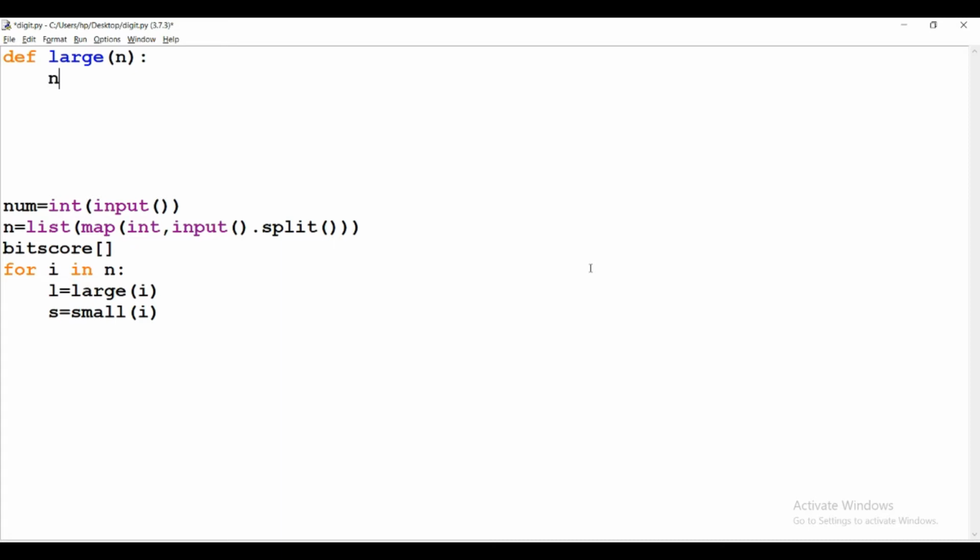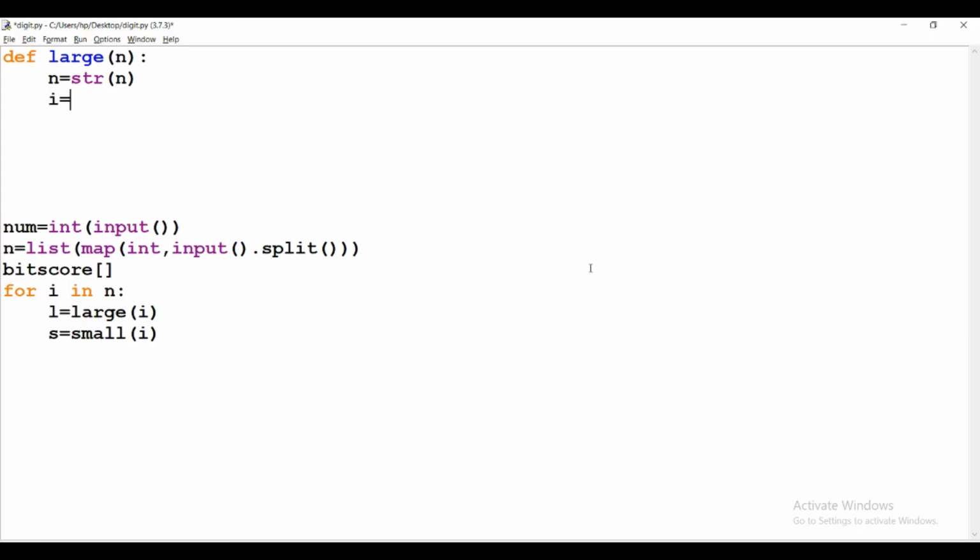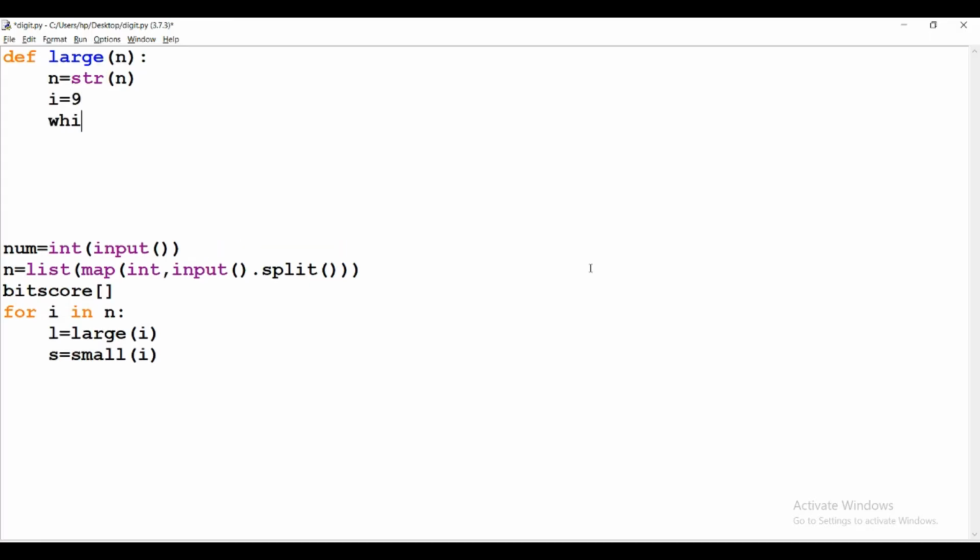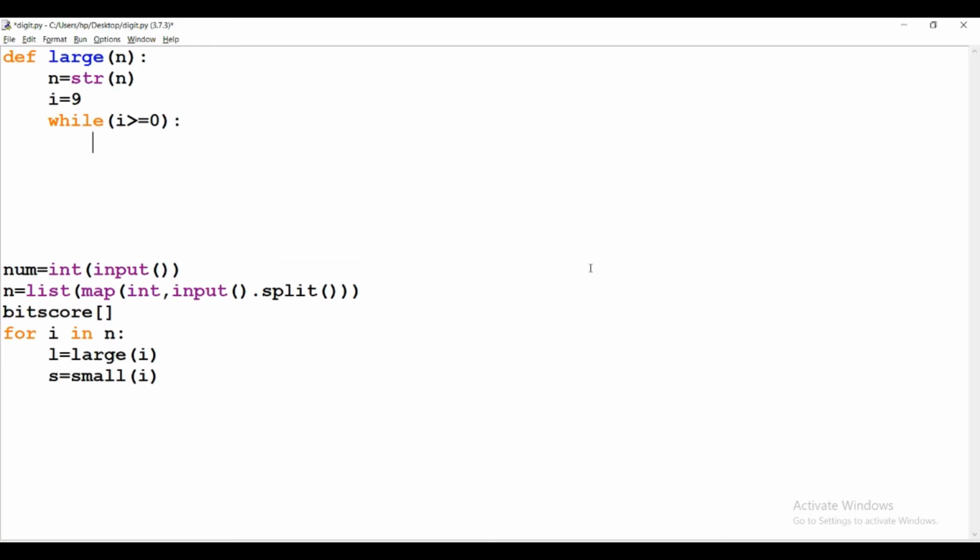So n is equal to str of n. Now we take i is equal to 9, and while i is greater than or equal to 0, we check whether our number matches i or not. So first, if